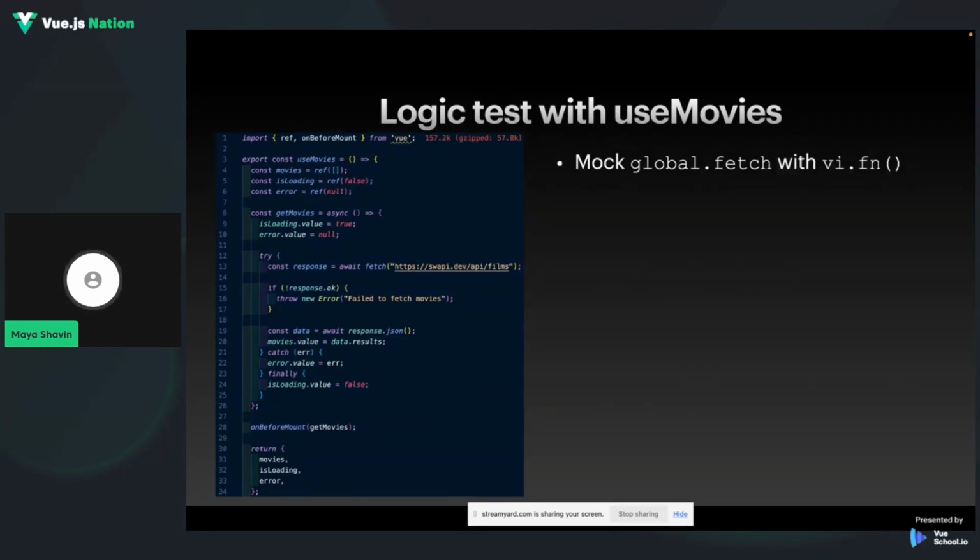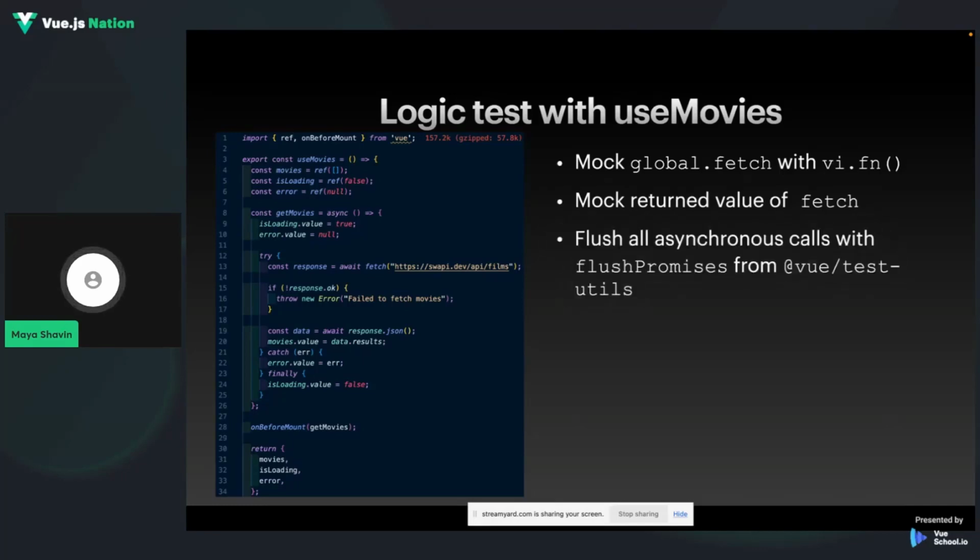For that, we're going to do this. One, we mock the global fetch using vi.fn, where vi is the Vitest instance that you can import from the Vitest package. Then you mock the return value of fetch. Then you flush the asynchronous call using the flushPromises method from Vitest utils, to make sure that all the promises have finished, and then you can get the result. Then you mount the test app.